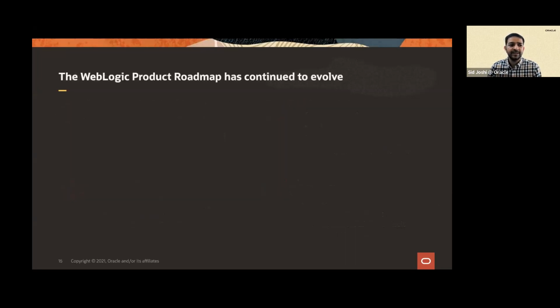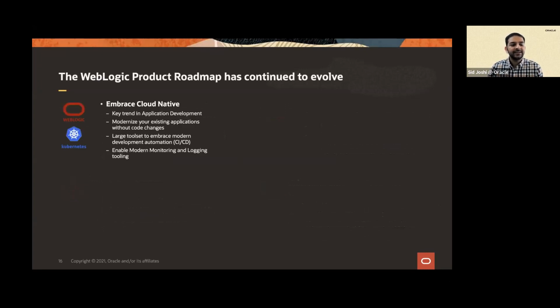Also elastic scaling and autonomous patching. Now, this product has been evolving at pace, by embracing the cloud native solution, the ability to adopt your traditional applications, modernizing them and deploying them as part of a container, as I showed you earlier, building native tools in the open source format to work seamlessly with the WebLogic operator in a Kubernetes engine perspective, building tools to take a traditional application and build it into a container image, which can easily run in a containerized engine as well, building tools to give you the CI/CD capability to deploy all of your traditional workload in a standard way or